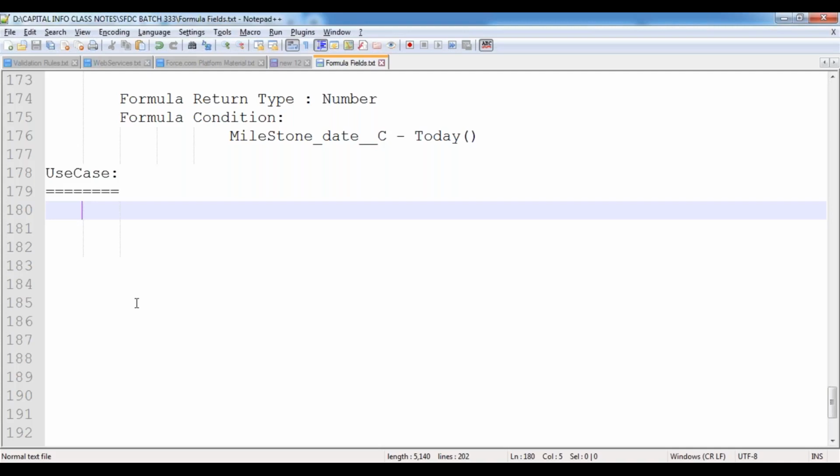Every day, early morning, a job will be running from the Gmail server side. It will verify how many emails are available inside the trash folder. From those, it will collect all the emails that have been in the trash folder for over 30 days, and it will remove them automatically. This job runs every day at 12 o'clock early morning from the Gmail server side, and it does this operation.